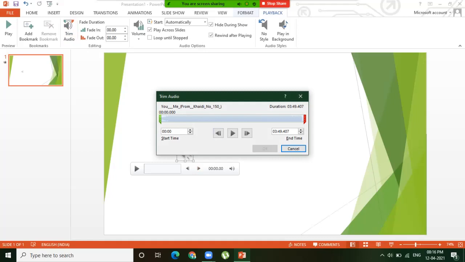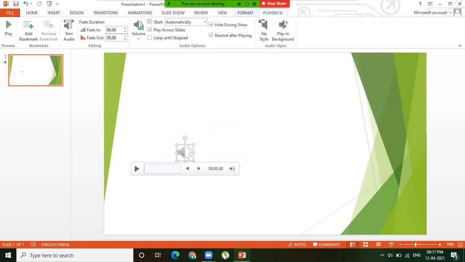Here there is a start time and an end time. So from where you want to start your audio clip until where you want to stop, you can choose the starting point and the ending point, and by clicking the play button you can check, and then you can click the OK button.